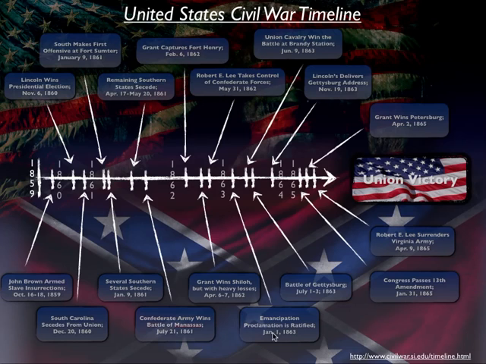So, 1863. The Emancipation Proclamation is ratified on the first day of 1863, January 1st. Then, Union cavalry won the Battle of Brandy Station on June 9th, about halfway through the year there, in '63. Then the Battle of Gettysburg was fought pretty shortly after that, on July 1st, and then that went through the